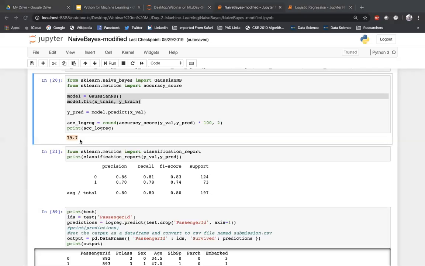So if you have some prior knowledge on those things, it will be easy for you to understand how you can apply which algorithm on which data set. Okay, so that's all I would like to show you in the naive Bayes. It's just a straight call to the Gaussian naive Bayes.